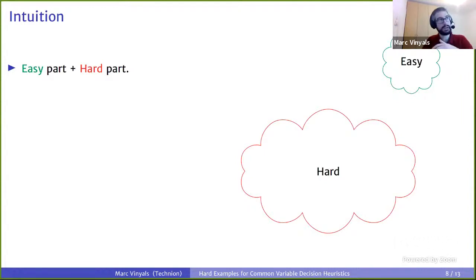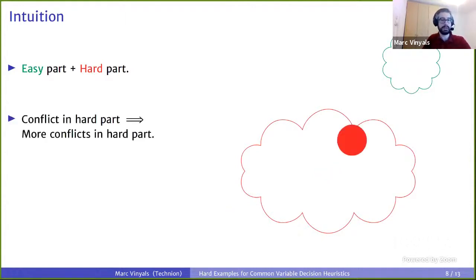Yeah, just for the proof complexity experts, think of this hard formula as one requiring exponentially long proofs, such as pigeonhole. Anyway, so let's see, the solver starts talking about some variables in the hard part, like here, and reaches a conflict. Then these variables have their score increased, and that is going to lead us to more conflicts in the hard part. So we're doing well. That's what we want to happen. But